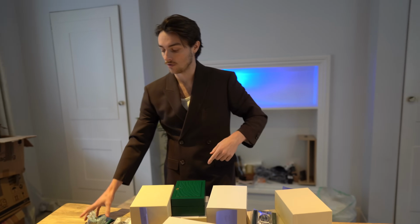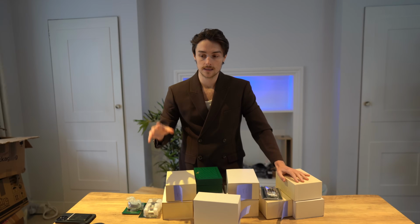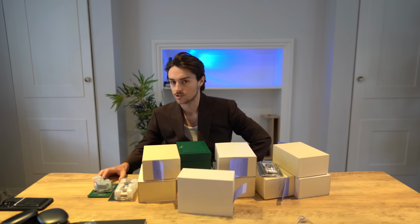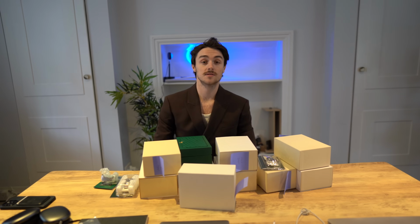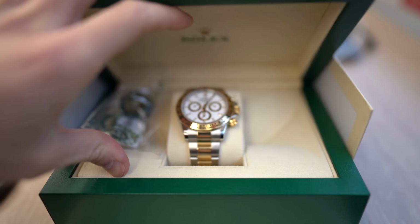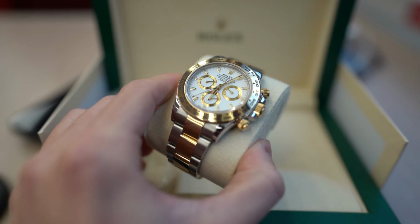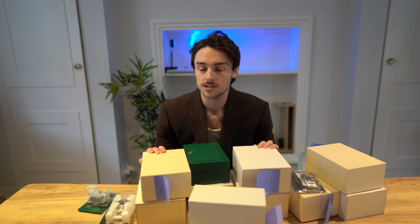But these are 13 of the 15 watches, and I've got 2 more, but I've told the 2 people that I'll be shipping them tomorrow. I think I mentioned this earlier, but it's a weird relief to sell watches, and that might sound absolutely insane. I remember before I started this, if I ever got a watch, I never wanted to let it go. But when you turn your passion into a business, it is still a passion, but it's interesting how your